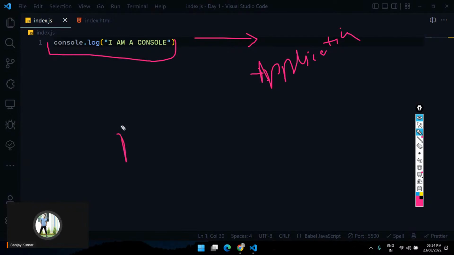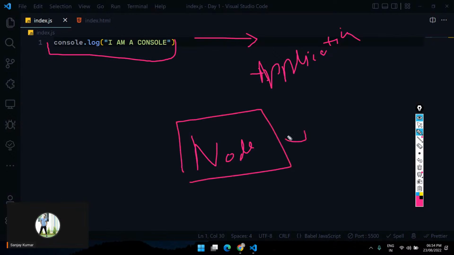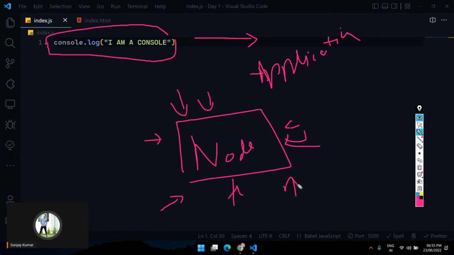But that guy, that Ryan guy, made another software called Node.js. We could install this Node on our machine, and after that we can run this JavaScript code outside of the browser. Now, because of this Node, we can write JavaScript outside of the browser, and we can use JavaScript to create applications. And how, that we are going to learn today. So in a nutshell,